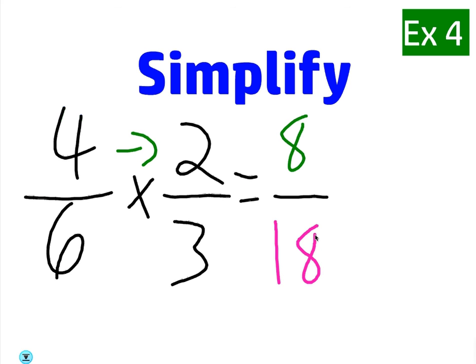Hold on, I do want to change this problem just a little bit. Let's make both of them negative. I just want you guys to remember that when you multiply a negative times a negative, it ends up being positive. Now, can we reduce 8 over 18? Divide by what? 2, right? Final answer is